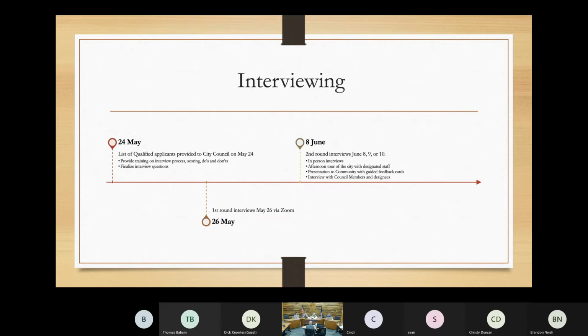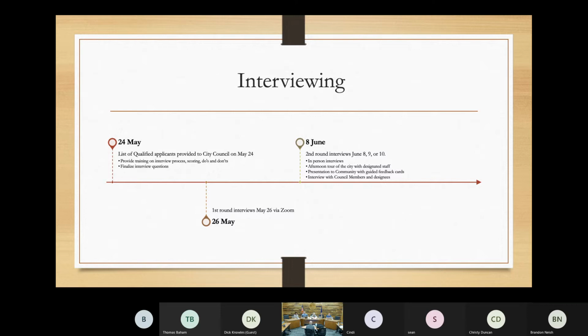And then, again, if we wanted to talk about potential expense, is the council willing, if somebody lives in Texas and wants to come live in Sweet Home and has 30 years of city manager experience and just wants to come here and live by the lake and be your city manager, is there a willingness to pay for travel for them to come here for that second round interview? That's another thing that needs to be thought about.